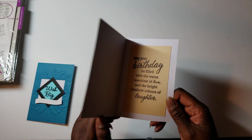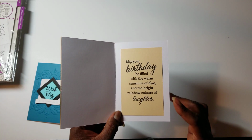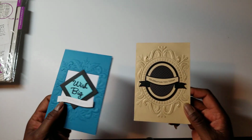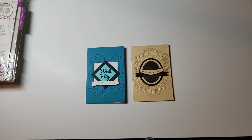Then on the inside, I took a piece of paper that I had left from that sheet and stamped it with one of the Crafter's Companion sentiments. So here are the 2 cards that I made for